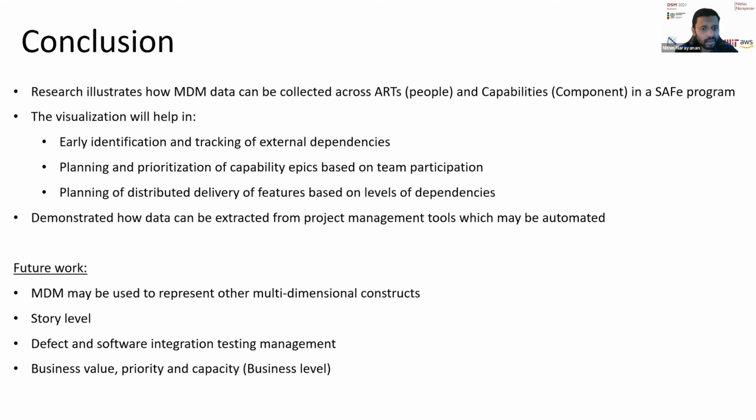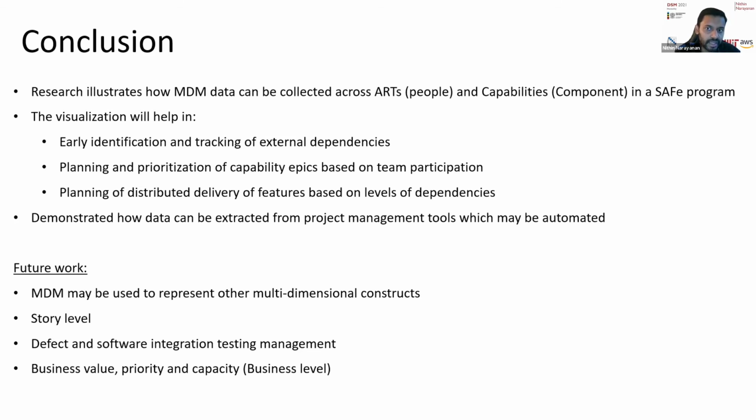So right now we have looked at people and the product domains. It can very well look in other domains of the organization. We can look at the staffing organizations, the processes part of it, and the non-technical side of software delivery. And we can look at different levels of abstractions as well. So right now we are looking at the capabilities and ARTs. We can look at the lower level, at the teams or individual team members,